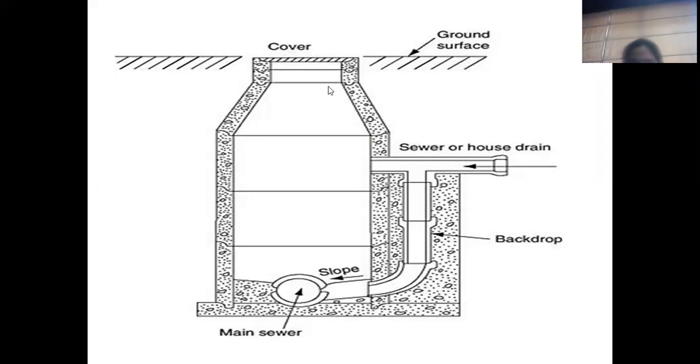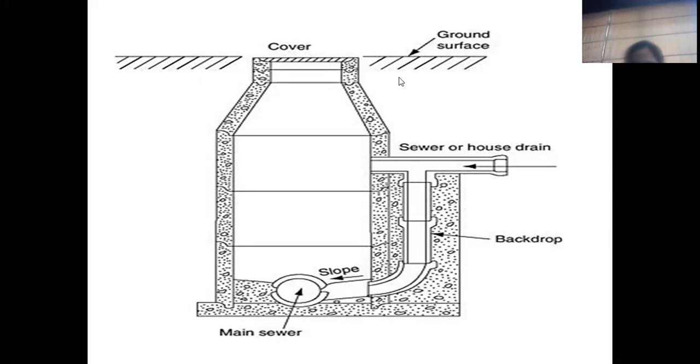This is the ground surface, and below that you can construct any kind of design. I have shown a rectangle from this side, and there was the footwear here, like this offset point I have shown. So here it is shown that this is the way of construction. And the slope is towards the center where the main sewer will be connected. And I told you, instead of connecting the pipe directly, I will take the help of... Okay. So this is the level of the pipe.